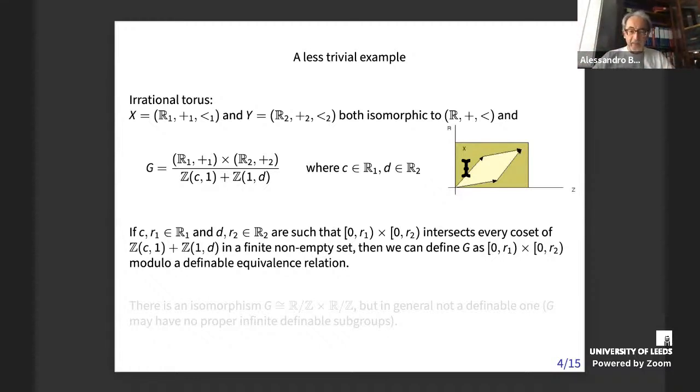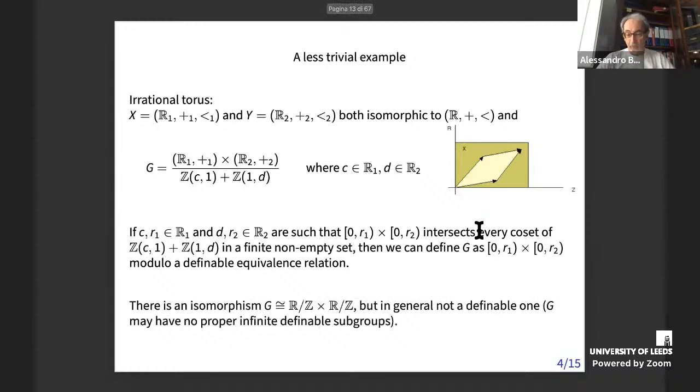Only in this way you can define the group, actually interpret the group as a quotient of the dark rectangle modulo a definable equivalence relation. Notice that the lines which are not horizontal or vertical cannot be defined because you are in these two sorted structures, but nevertheless, this group is definable. So it's a torus, abstractly it's a torus, but